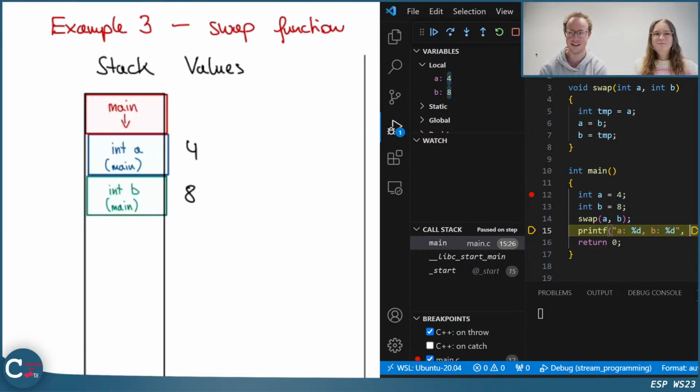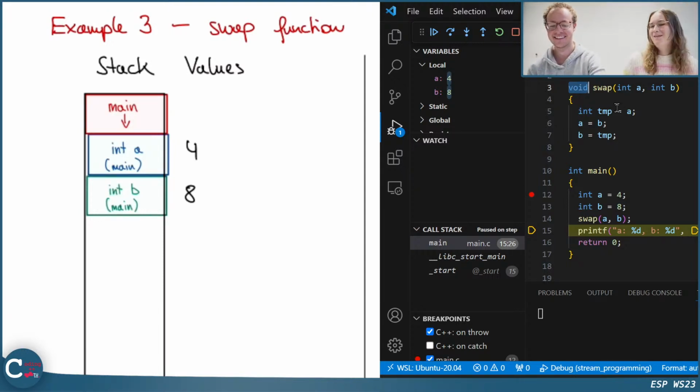Very interesting. But now if I want to get the values back, I also couldn't return them because there are two values. A function can always return one value? Yeah, so we have one return type. How would I return now both values if I actually want to swap them? I think we need to wait for the lecture.